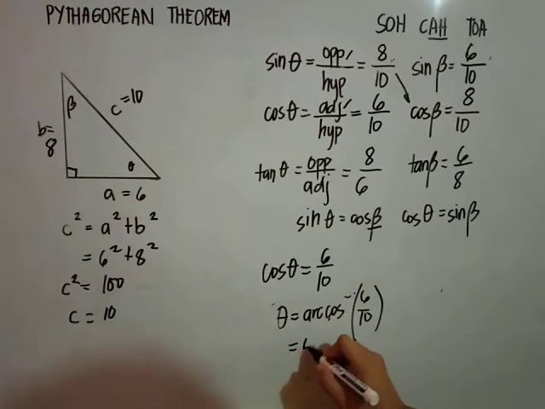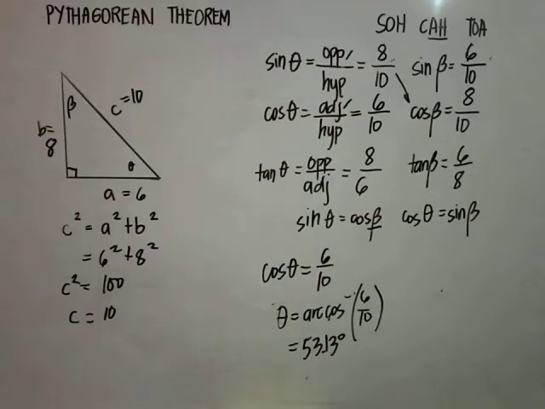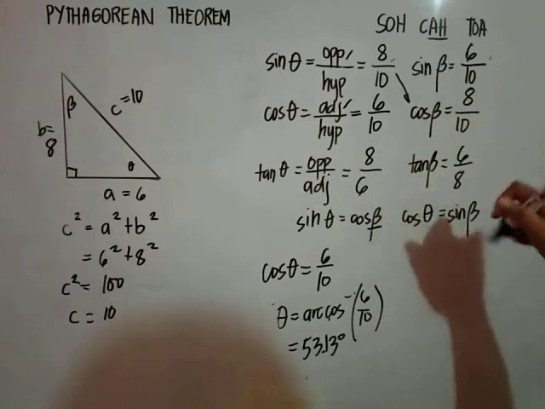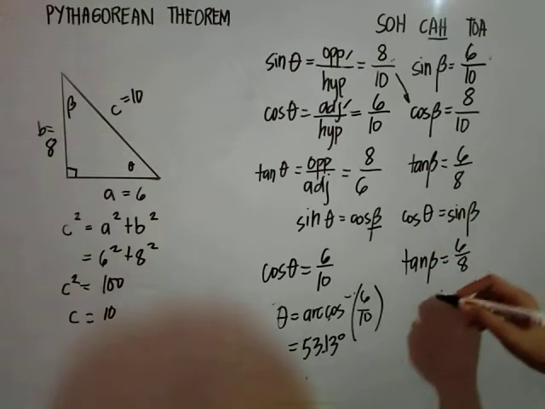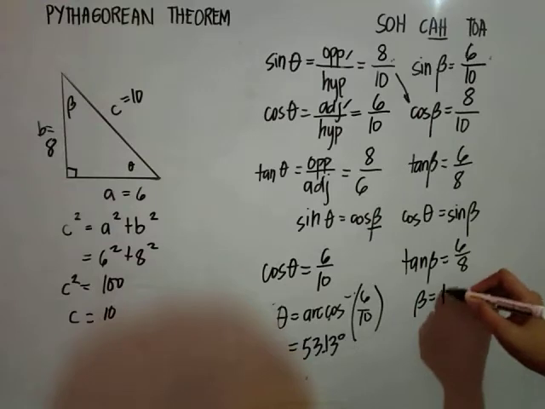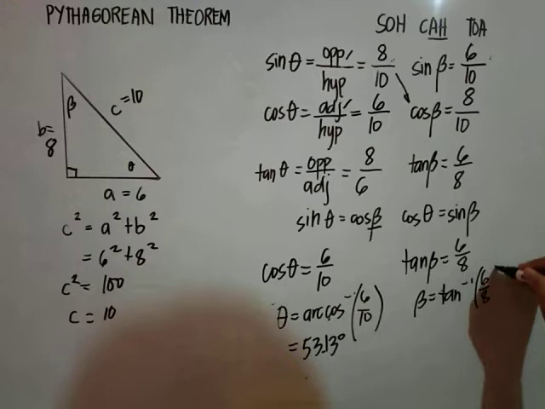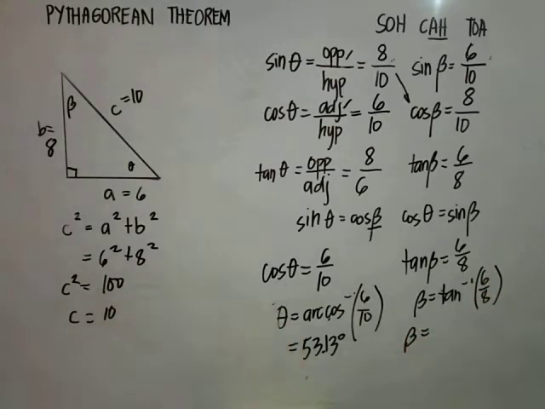So, we have 53.13 degrees. So, how about the value of beta? So, kunin naman natin yung value ng beta. So, let's say, ang gusto kong gamitin is si tangent beta. That is equal to 6/8. So, we have beta is equal to arc tangent 6/8. So, pag arc tangent 6/8, so we have